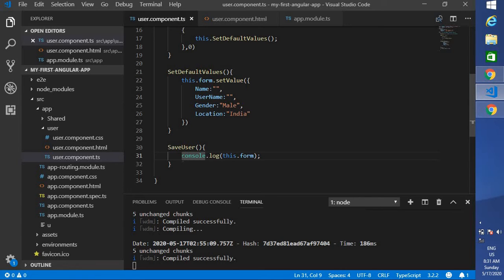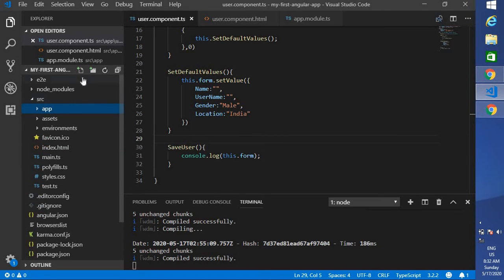So once you have a service, you can put whatever logic is required to save the data there. Let it take care of all the process. Let it save, let it do all the operations that are required. Let it return a response to you. Based on that, you can just show your UI accordingly. Okay. So I hope you understood why we require a service. Let's get started. Let's create a service.